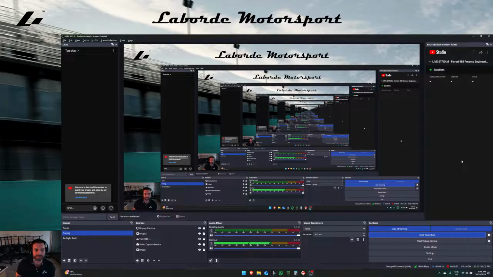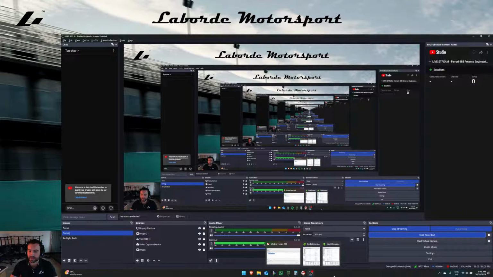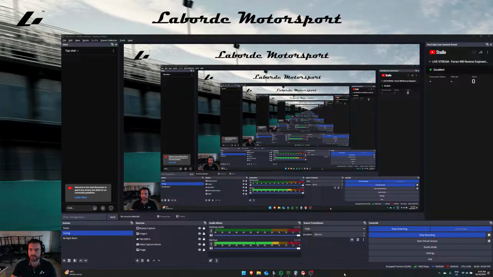Today we are going to be going over the Ferrari 488. Essentially, as with most of the time when it comes to reverse engineering, I am going to be working on the multi-mapping functionality. So working on the multi-map for the Ferrari 488, and we're going to be using a combination of ASAP2 demo, which allows us to view the